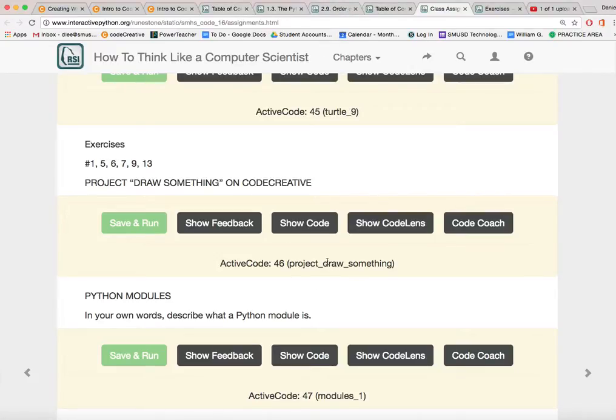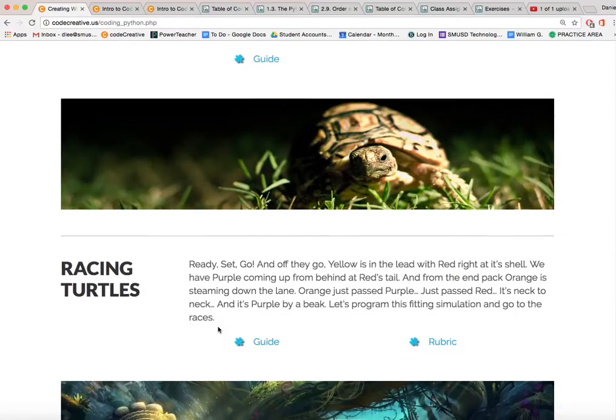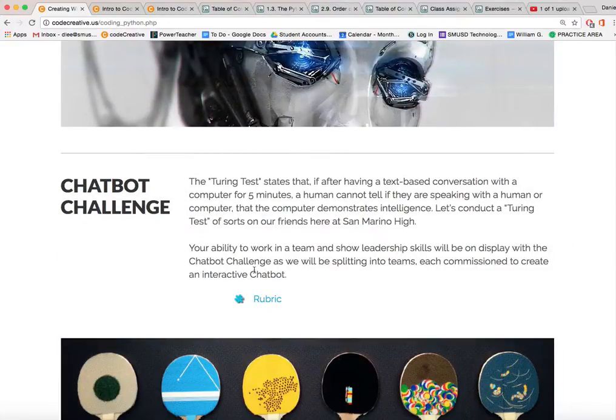All right? So that's going to be the rhythm of the class. It's going to be textbook, exercises, class assignments, and then every once in a while a project on Code Creative, and then back to textbook, class assignments, exercises, and then back to project on Code Creative. So you're going to complete this project, this Racing Turtles, Choose Your Own Adventure, Guessing Game, Magic 8 Ball, Chatbot,